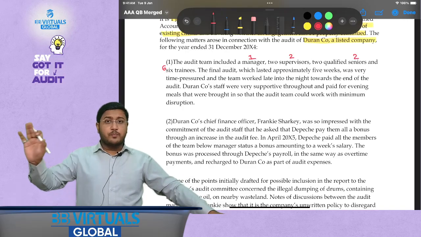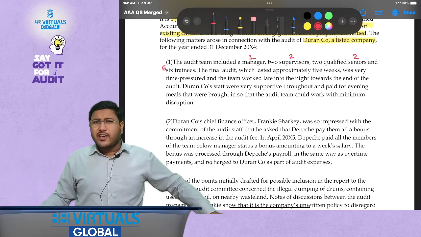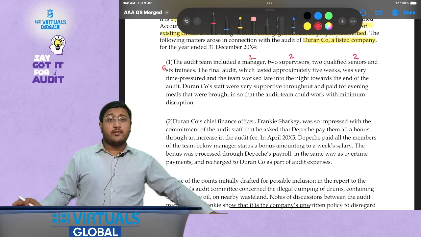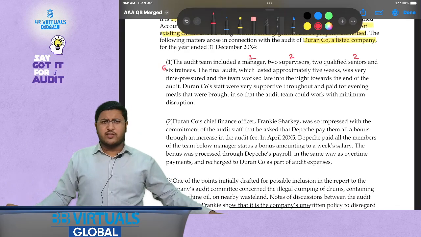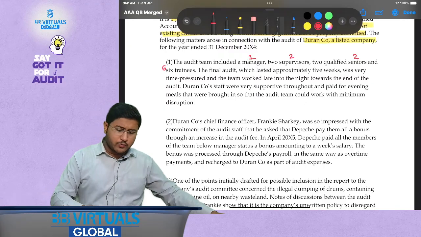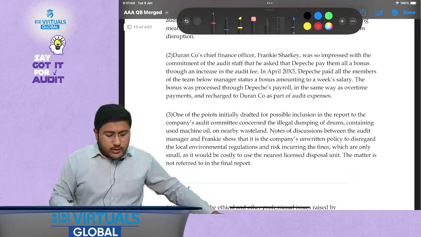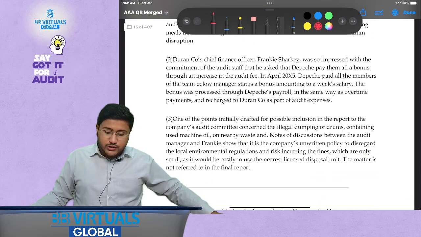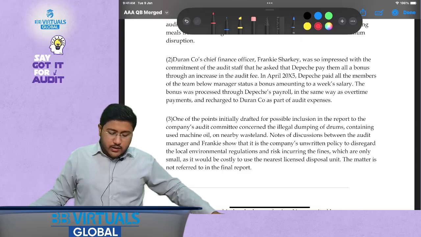So they have paid for the food. Is it somewhat fine, or will it result in some threat? No, that is fine. That is on humanitarian grounds that people provide food if you are working in their office. Now, Duran Company's chief finance officer Frankie Sharkey was so impressed with the commitment of the audit staff